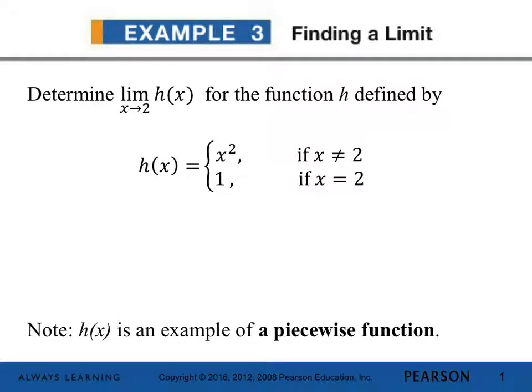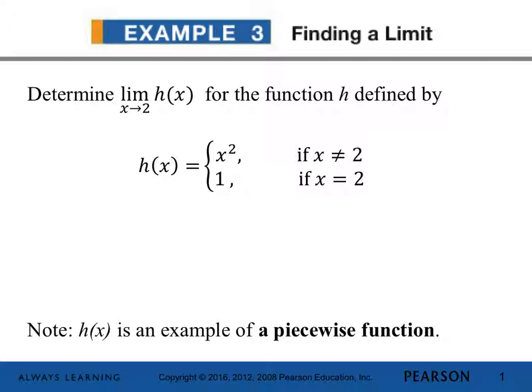This is the second part of Chapter 11, Section 1 for Business Calculus. We're beginning with Example 3, picking up where Part 1 left off. We are to determine the limit as x approaches 2 of h of x for a function h, which is defined by